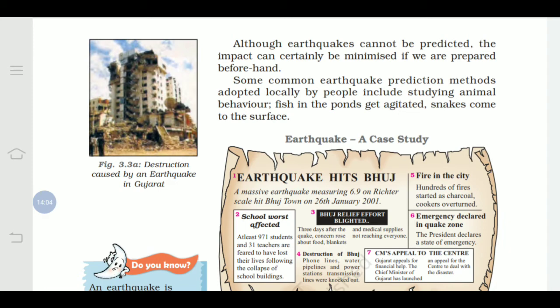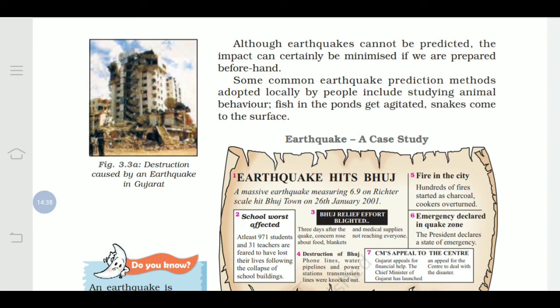Some common earthquake prediction methods adopted locally by the people include studying animals' behavior. Fish in the ponds get agitated, snakes come to the surface. So these are the common prediction methods adopted by the local people. Generally, animals' hearing capacity is more than that of humans. Their ears are very sensitive, so they can hear the vibration that forms in the earth before the